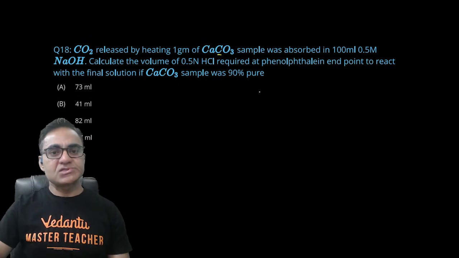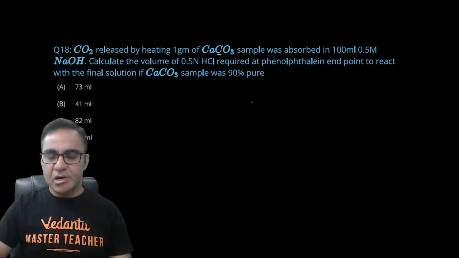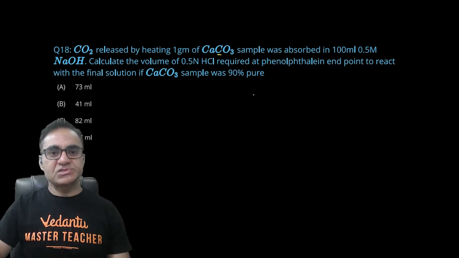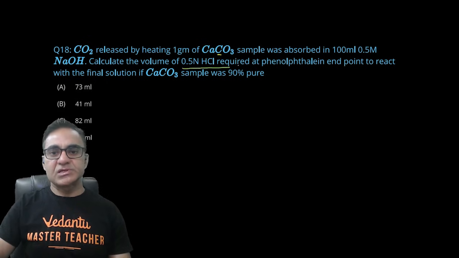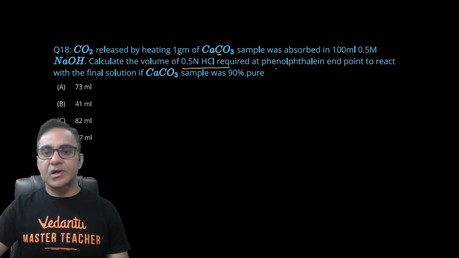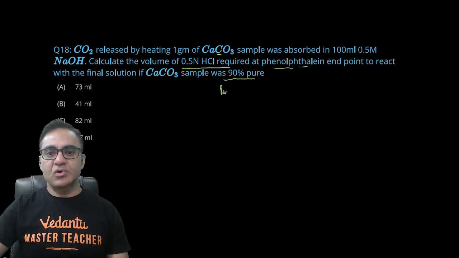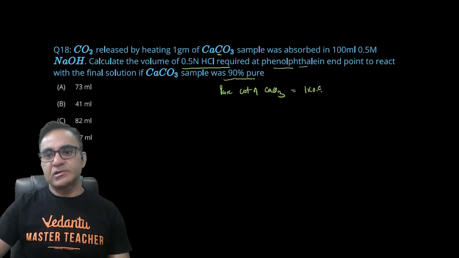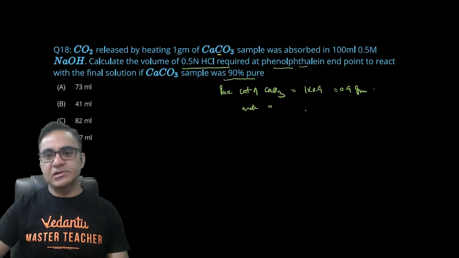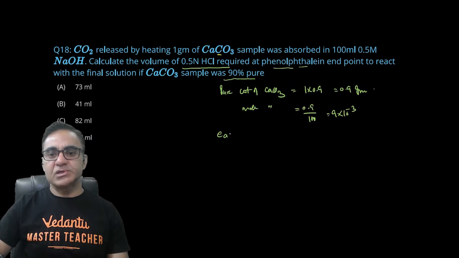In this question, CO2 is actually formed from calcium carbonate reacting with NaOH, और question में बोला है कि 0.5 नॉर्मल HCl कितना वॉल्यूम लगेगा अगर फिनोप्थेलिन इंडिकेटर लेते हैं। कैल्शियम कार्बोनेट इज 90% प्योर। ओके, सो प्योर वेट ऑफ कैल्शियम कार्बोनेट कितना हो गया, 1 इंटू 0.9, 0.9 ग्राम। ओके, तो मोल ऑफ कैल्शियम कार्बोनेट 0.9 डिवाइडेड बाई 100, दैट इज 9 इंटू 10⁻³।